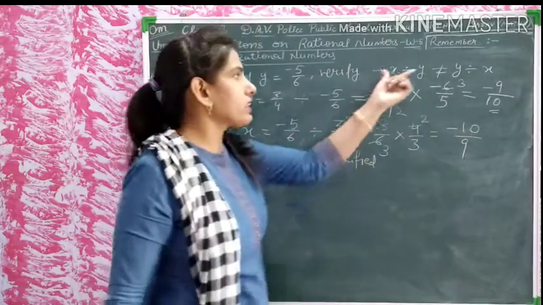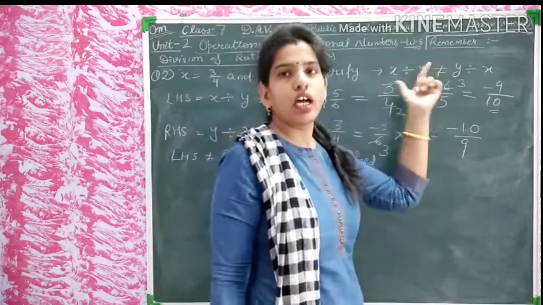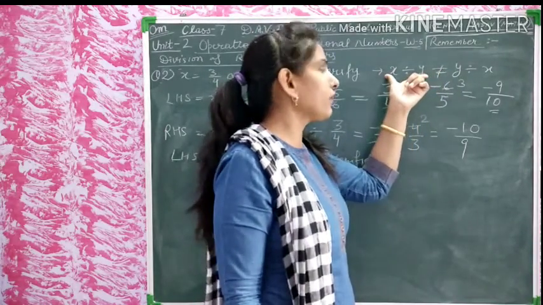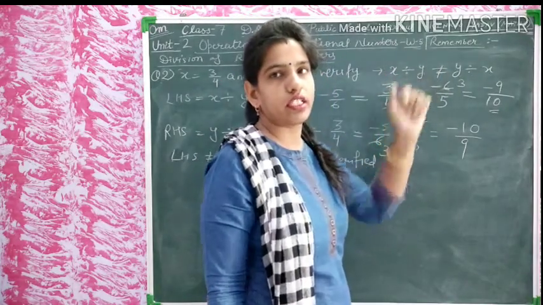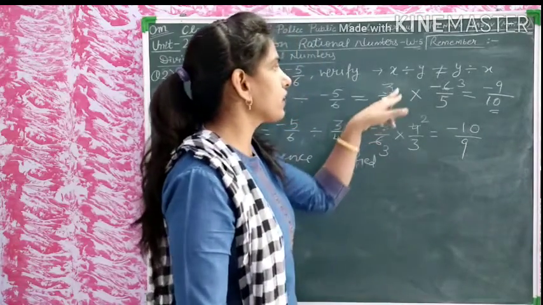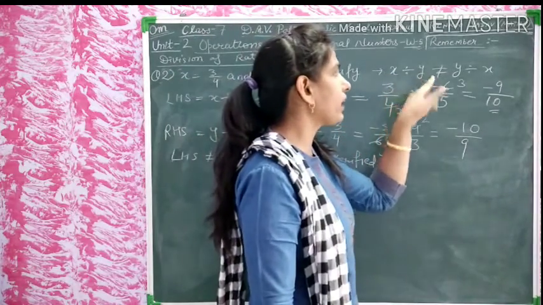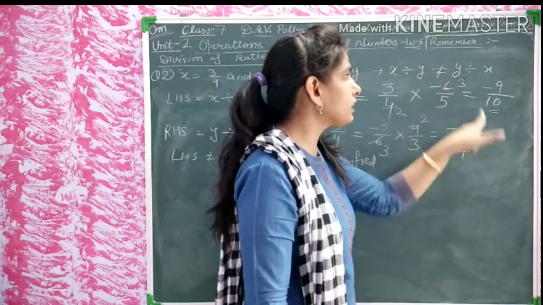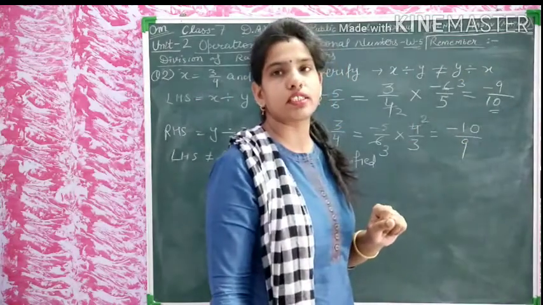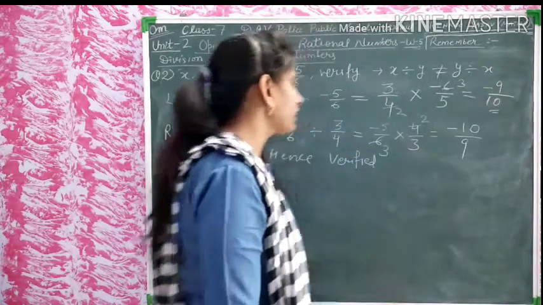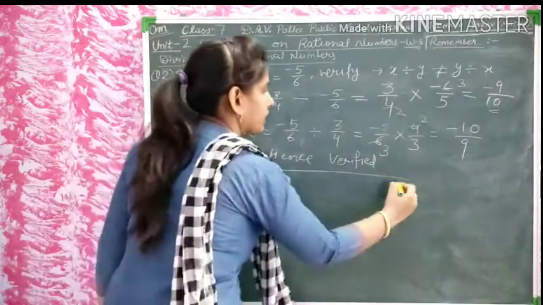Then what is the value of this number? How do we calculate this number, x divided by y? So students, you are seeing there that x divided by y is equal to the reciprocal of this number, y divided by x. Let's see there. There is the number. The question is completed here.